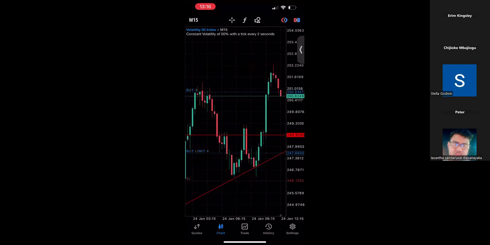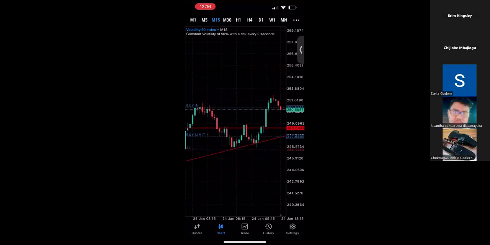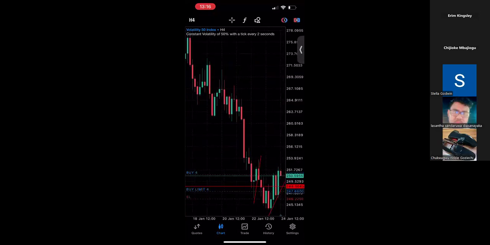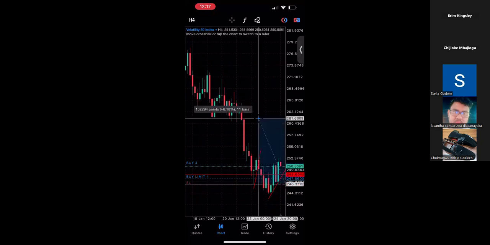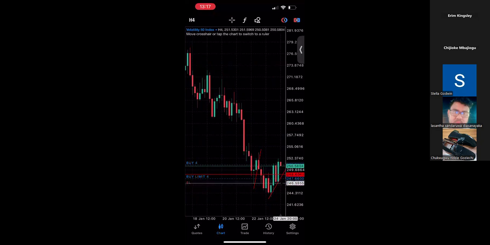Now, if you want to set your take profit the same way, I like to use a higher time frame to see the profit margin. So you go to the higher time frame and say, okay, I want my profit to be on this zone. Your take profit should be at least 3 times or more your stop loss. 3 into 1 is fine. 4 into 1 is also fine.